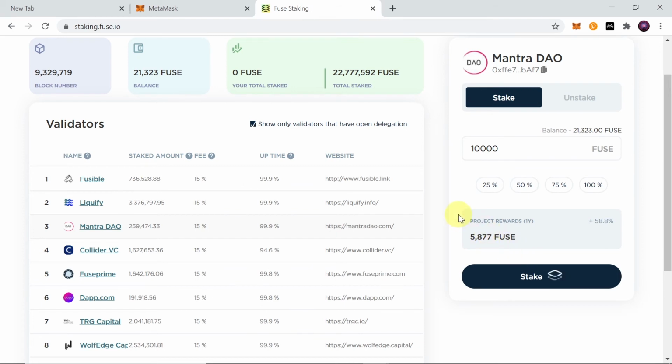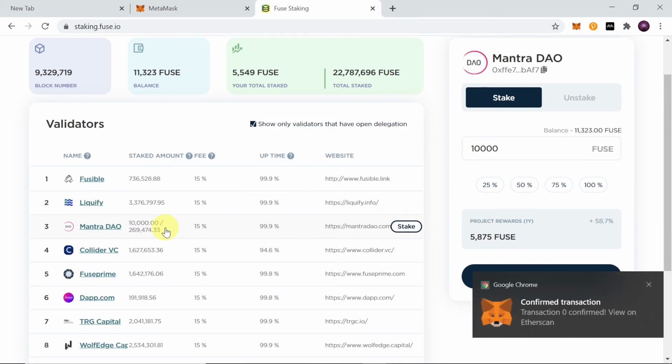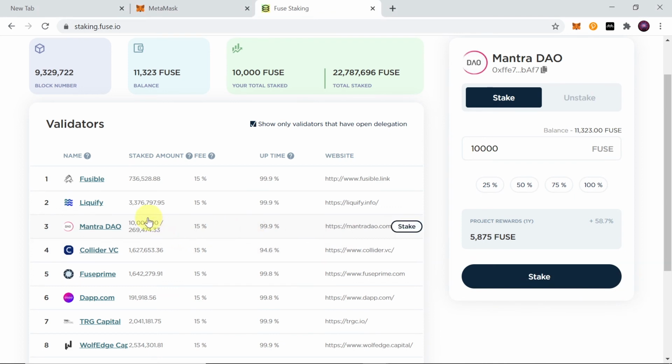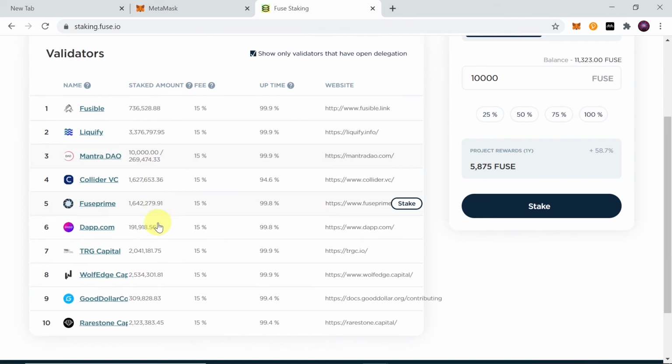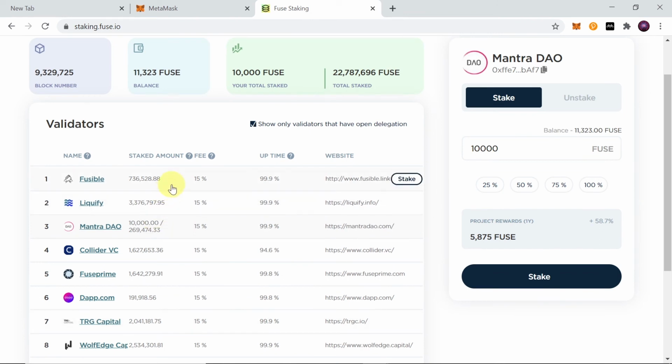So right now we need to wait for the confirmation of our staking transaction. And as soon as it happens, as you can see over here, it shows how much we are staking at the moment. And then over here it shows next to the validator how much we are staking with this particular validator. So as you can see, I'm staking right now with MantraDAO, but of course you can separate your Fuse